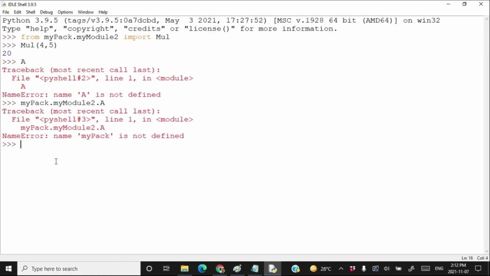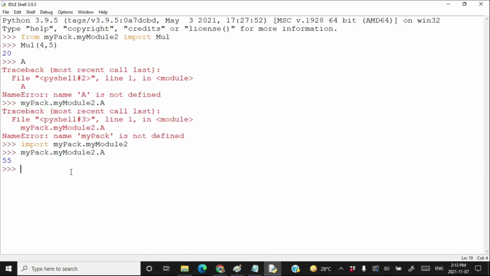But if you properly import the module mymodule2 from the package mypack by writing the statement import mypack.mymodule2, press enter, and then you try to access the variable a, it will work. mypack.mymodule2.a, then it will work.